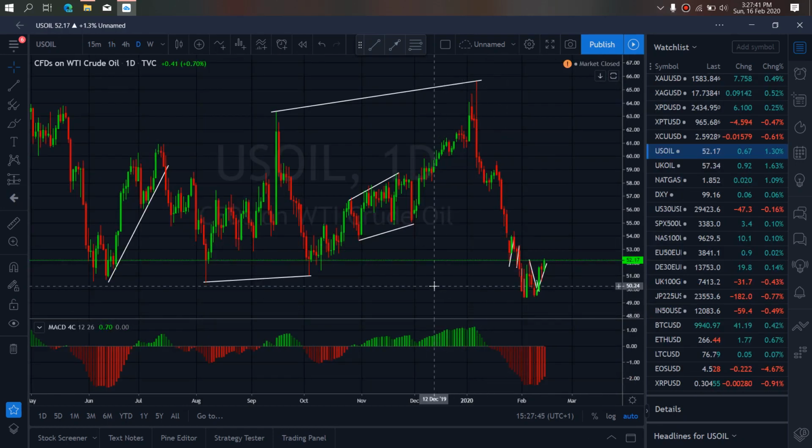On US crude oil for this week, last week they began the climb back upside, and this week we expect them to continue that climb upside for us. After a correction, we expect them to continue to climb up this week on US crude oil. So if we zoom to the 4-hour time frame,